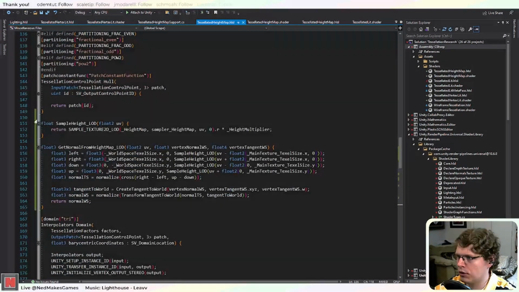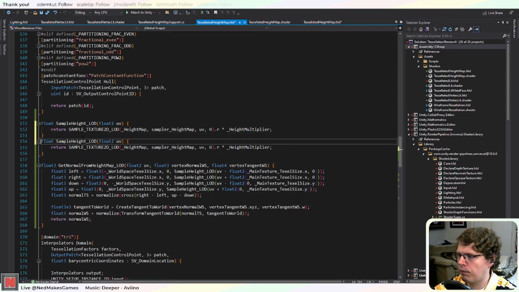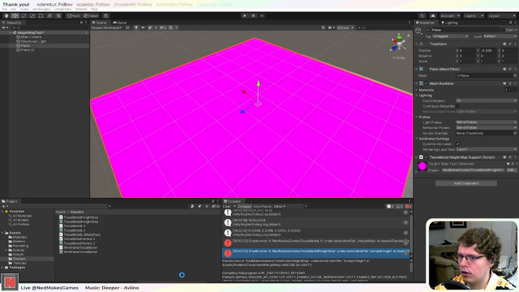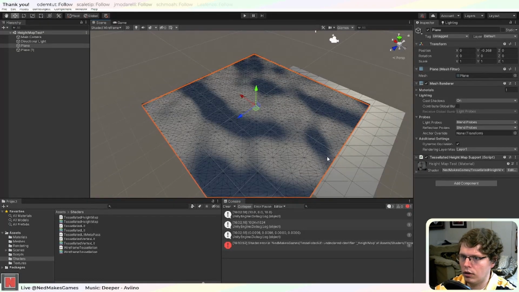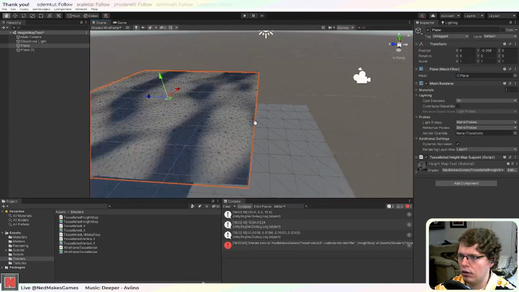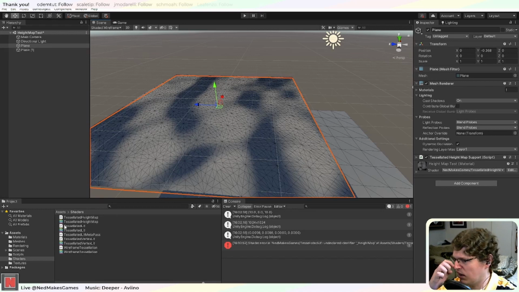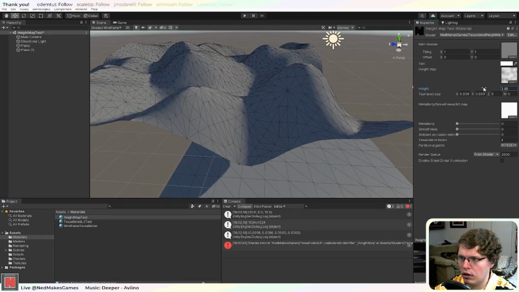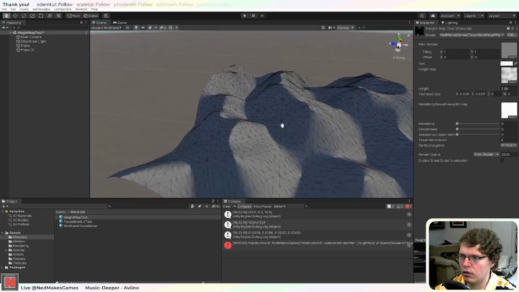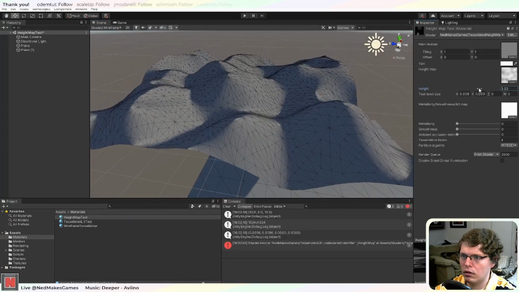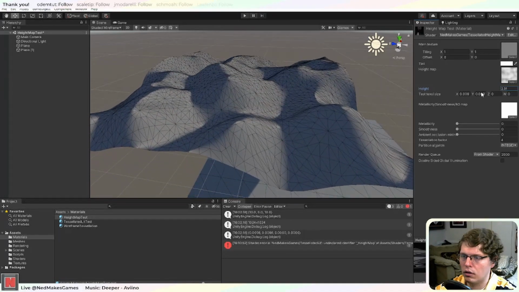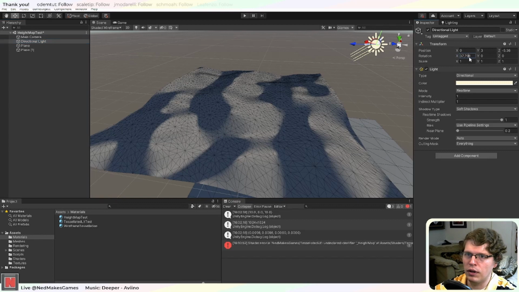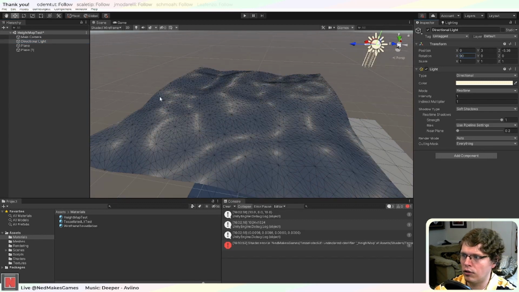Oh, and now I need the normal version of sample height. Okay, so now the shadow should work better. I don't know if it's super... Well, I don't really even notice the shadow artifacts, but we fixed it. Yeah, the lighting almost looks good, but then when we change the light to face straight downwards, you can tell something's wrong because it's too extreme. But